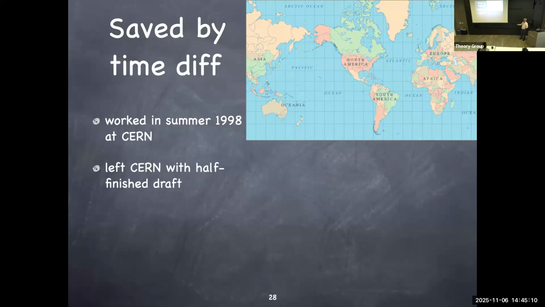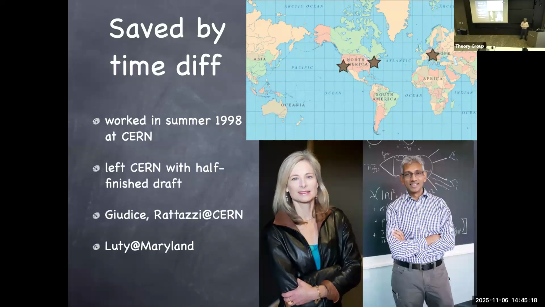But one day, when I was checking the archive in the evening in California time, we found a paper written by Lisa Randall and Raman Sundrum, which had exactly the same idea in it. And I freaked out. So I emailed my friends and asked them, what should I do? That was the evening in California. My friends Gian Giudice and Riccardo Rattazzi were just coming into the office, and they told me, okay, it's late for you. You go to bed. We have a half-finished draft. We'll try to finish that up.